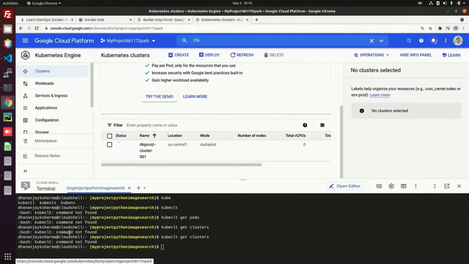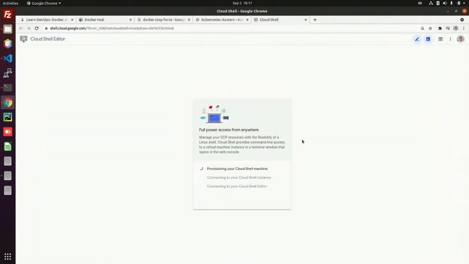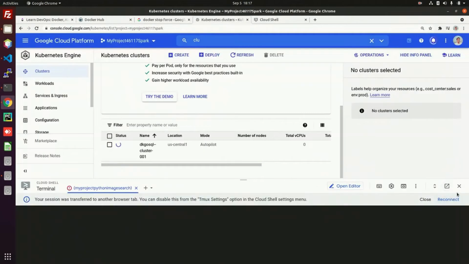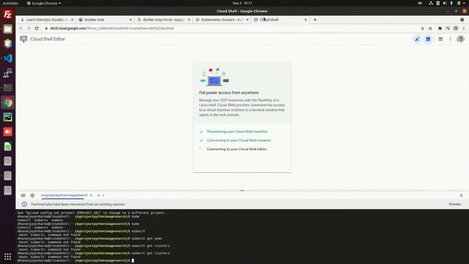So this is integrated in the same browser. We can go outside as well in a new window. So I'm clicking on that, and after clicking on that we have to detach from here, close. We are here.